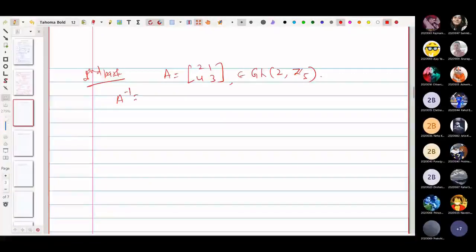So they are interested in A inverse. One thing is sure: A inverse in the case of a 2 by 2 matrix is going to be one over the determinant of A times the adjoint of A. So let us see the determinant of A. Because the elements are from Z5, we are going to apply